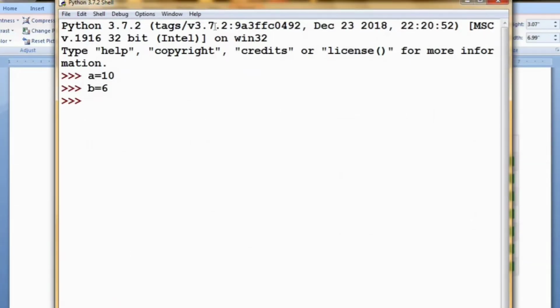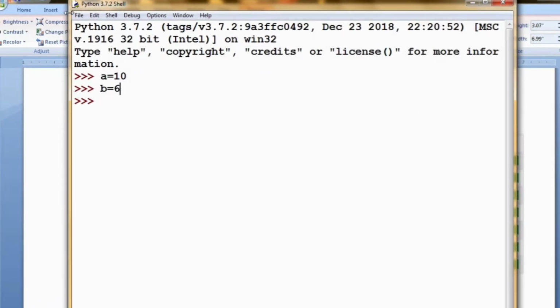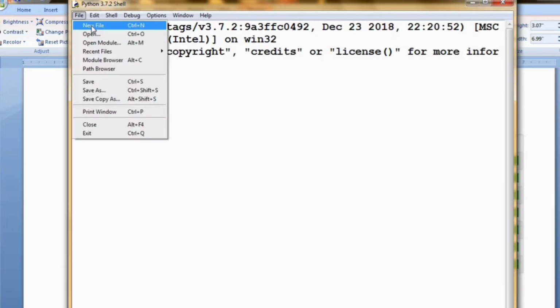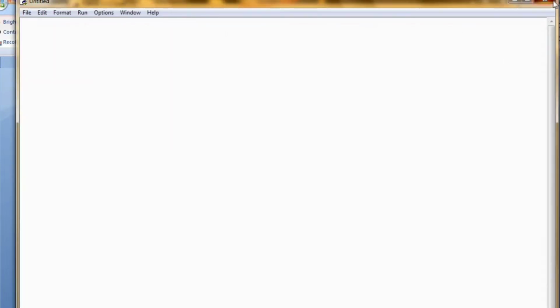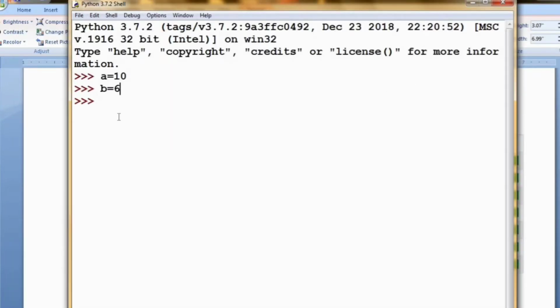Let's start coding. First I am opening the Python shell. Have you noticed that we are always moving to the new file when the shell is open? Now we are not going to use this new file. We are going to code in this Python shell itself. This shell is used for small line by line coding. It checks whether the code is correct or not line by line. So this is the use of this shell. Today we are going to use this shell.